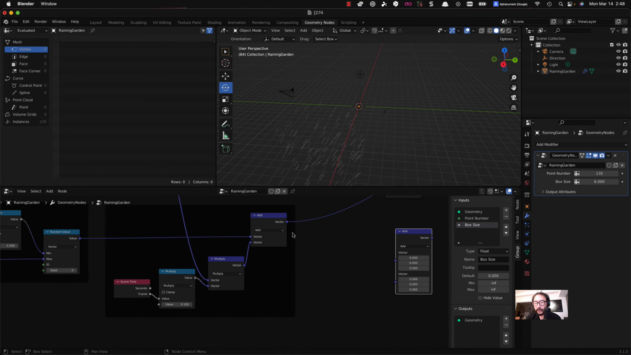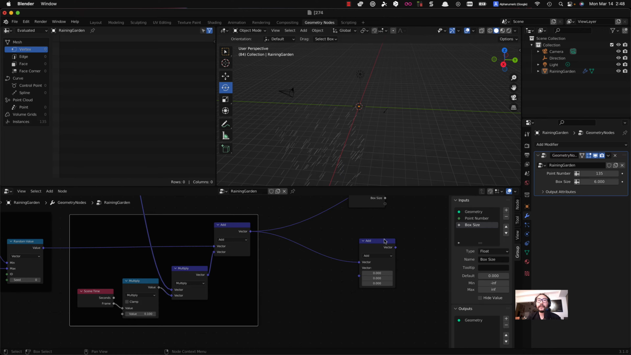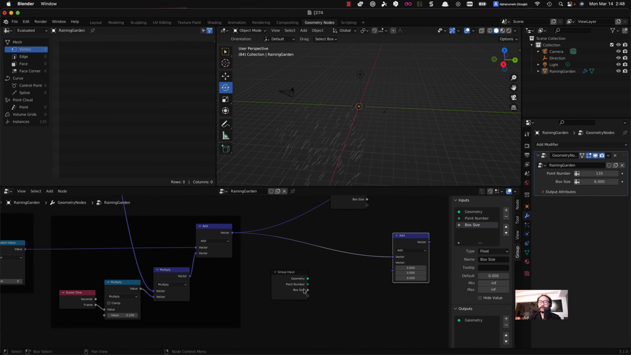In order to do that, I am going to use the vector math with an add expression, and then add it with the size of the boundary, maybe multiplied by some really large number. So I'm going to create a group input, bring up this box size. The box size itself is just the inside box, so first thing I want to do is double the size of the box, which is going to be used to